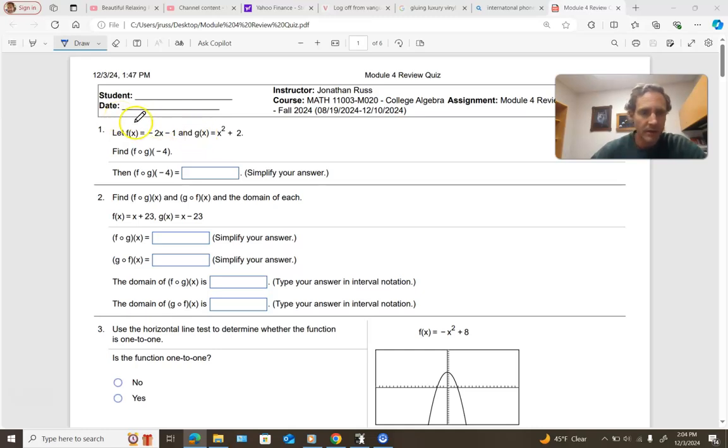So, number 1, it says, let f of x be this linear function, and g of x is this quadratic. And we want to find f composed of g of negative 4. Well, what we're doing here, guys, is really just plugging negative 4 into g, and then whatever value we get from that, we plug that in to f, okay? So if I plug negative 4 into g,